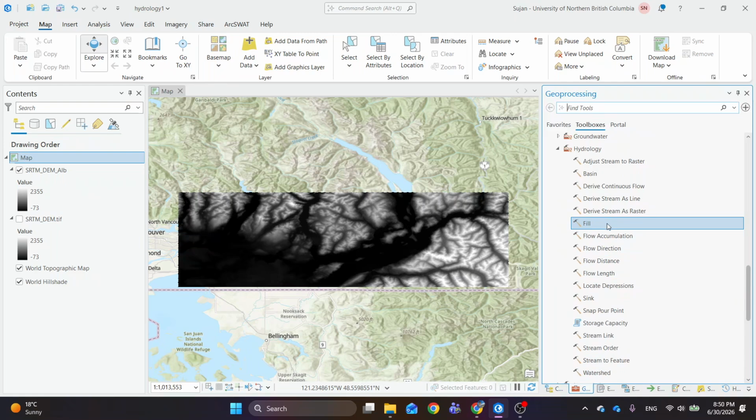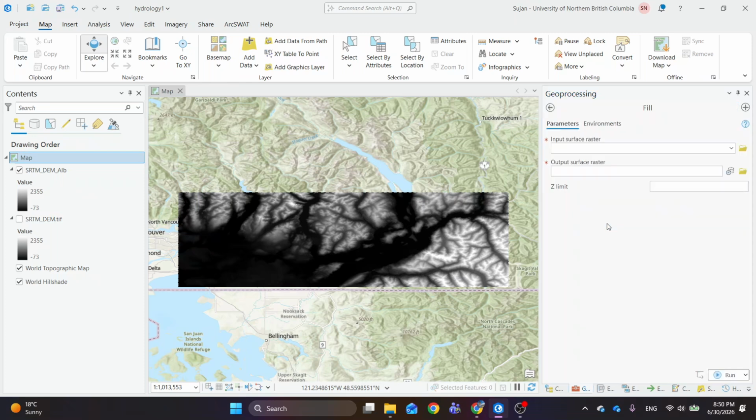It's better to use a filled DEM. You can directly use any DEM you have, but I always recommend you to calculate this filled DEM. I've already shared the video where I have calculated this filled DEM. If you want to learn in detail, you can always go and check that previous video. You can just click on run for filling the DEM. Once the DEM is filled, then you will have other steps for computing the flow